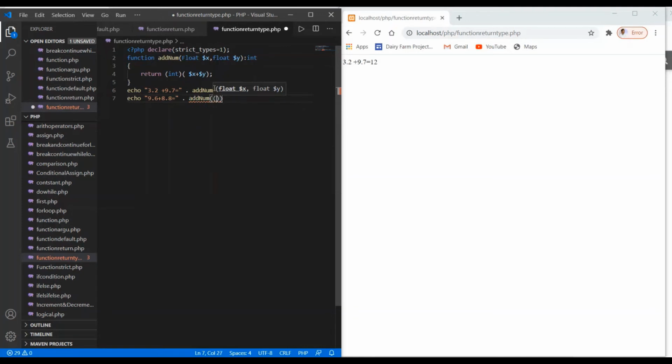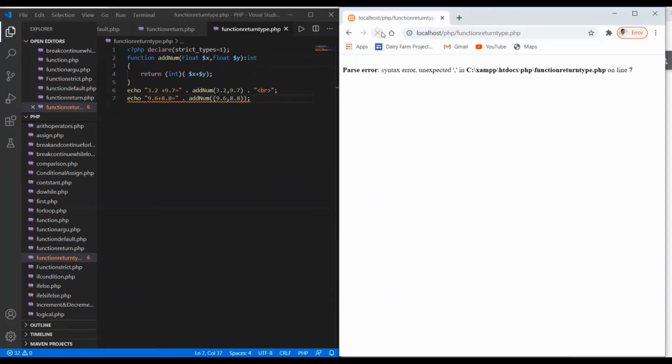I'm passing the arguments 9.6, comma, 8.8. Put the semicolon here, save the changes, and refresh it. We got a syntax error. We have to put some commas here.